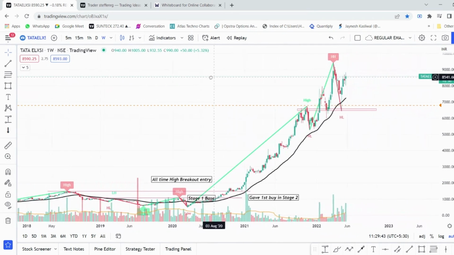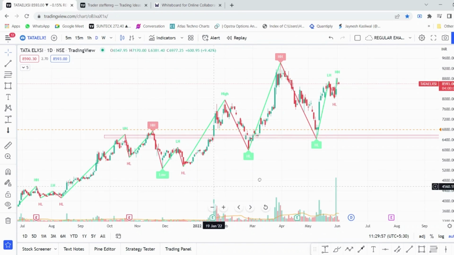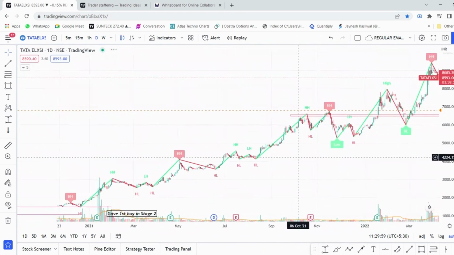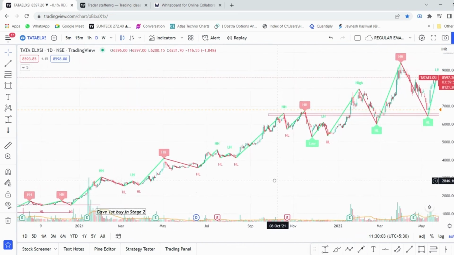Here if we look at the chart of Tata Elxsi, and currently I am using the weekly time frame, you will see that the stock is in a structure of higher high higher low, where the highs are getting shifted higher high higher low higher low. Now if we look at the daily time period, you will also see a similar structure where the structure is higher high higher low majority of the time,